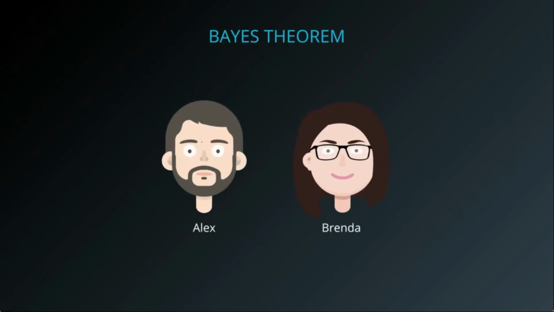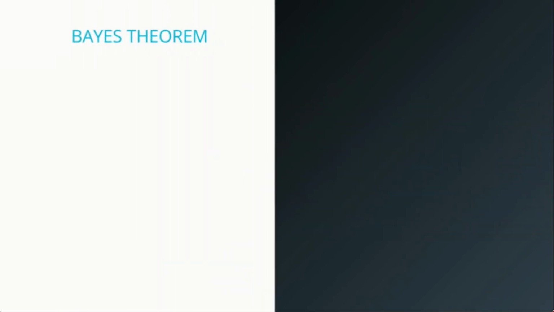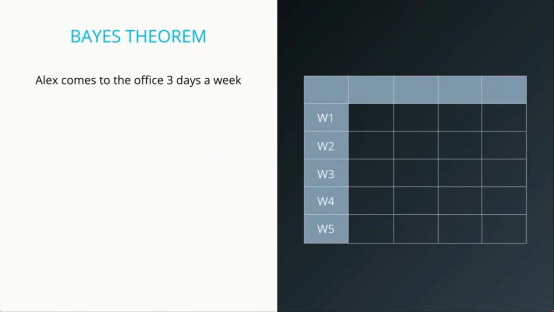Bayes' theorem can get a little more complex. Let's take a look at a small example, and what we'll do here is we'll mess a bit with the prior probability. So again, we have Alex and Brenda in the office, and we saw someone pass by quickly, and we don't know who the person is. So let's say we look more carefully at their schedules and we realize that Alex actually works from the office most of the time. He comes by 3 days a week. And Brenda travels a lot for work, so she actually comes to the office only 1 day a week.